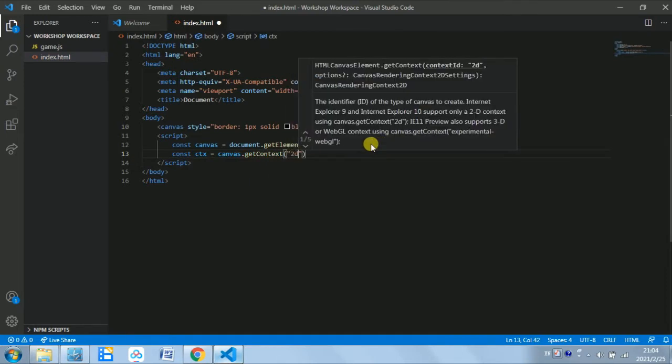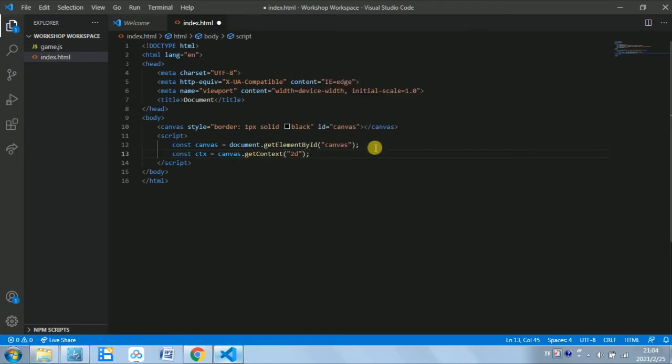And here we can just write 2D. Okay, so now that we have our canvas linked to our JavaScript, we can get started. So the most basic thing you'll be doing is drawing a line. And we begin that by